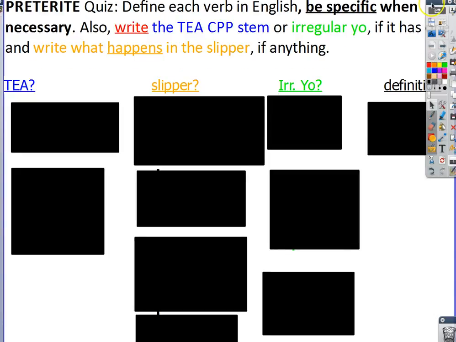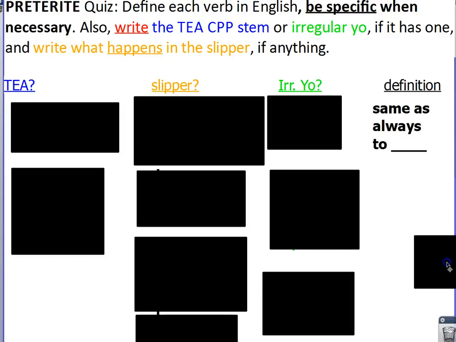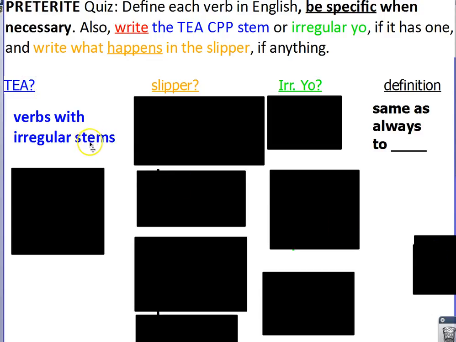All right, so the definitions are going to be the same as always: to whatever, to eat, to speak, to drink, whatever. If you are asking yourself, is it a verb with a teacup stem? Well, that means any verb with an irregular stem. And in your notes, you have